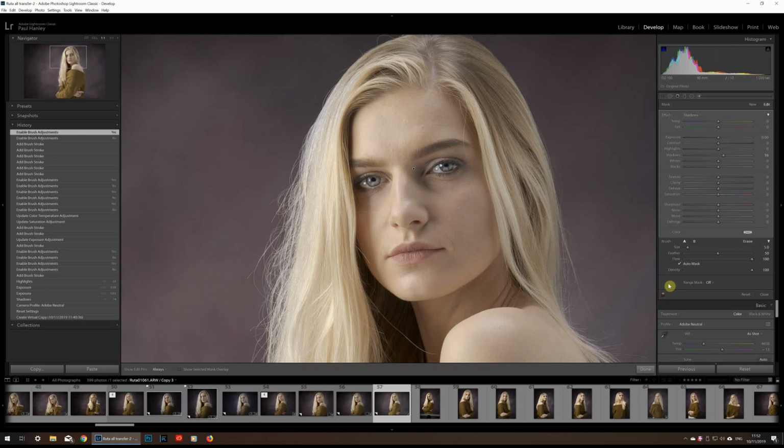So what I'm going to do is, with that still activated, add a little exposure increase, very slight, somewhere about just there. So again,